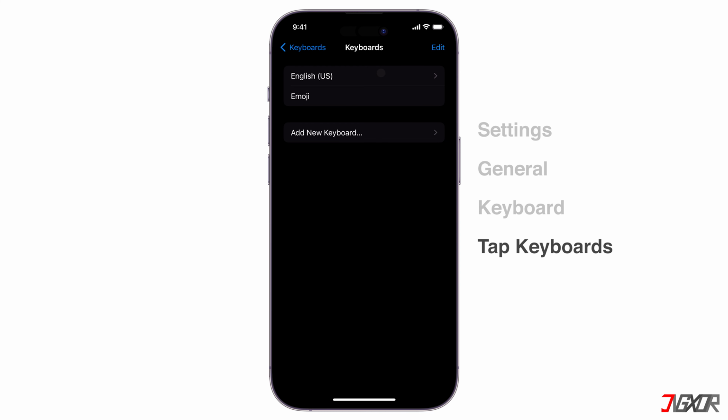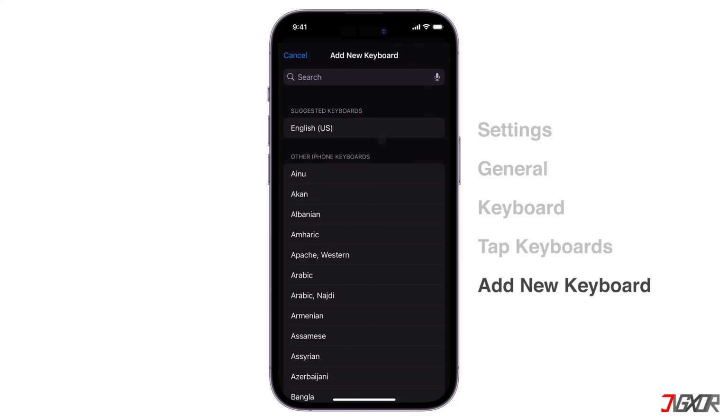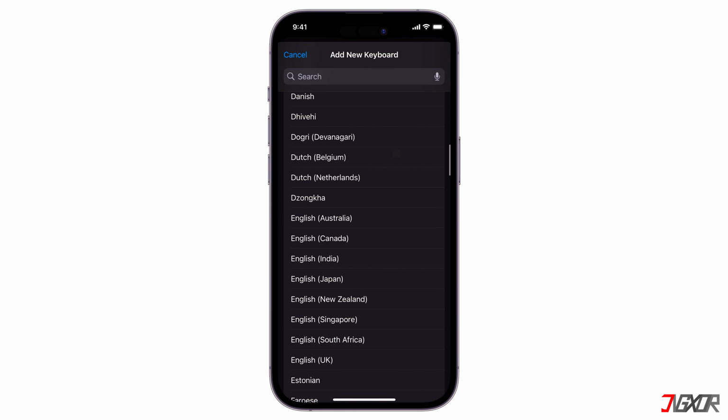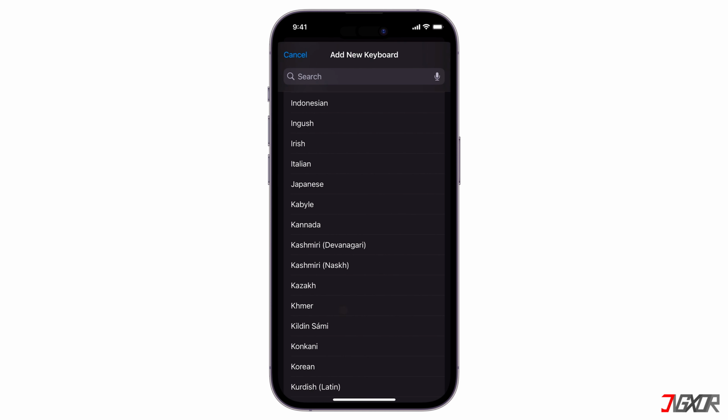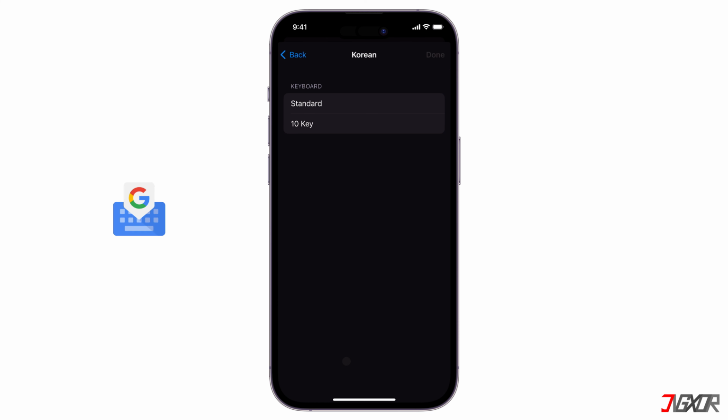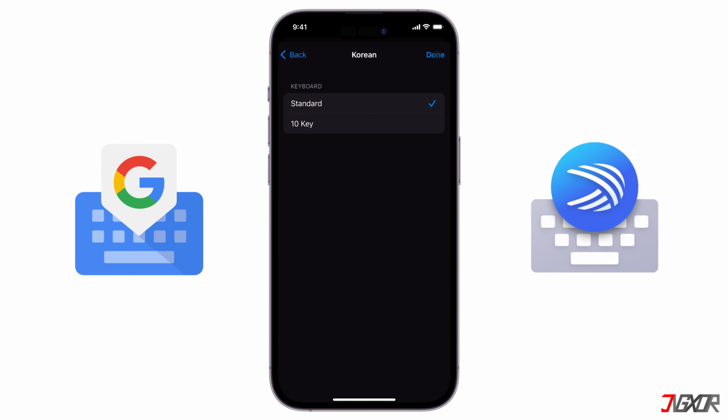If you're looking to add a new keyboard for a different language, simply tap Add New Keyboard and browse through the extensive list of options. You can choose from various languages or even opt for third-party keyboards like Gboard or SwiftKey, each with its unique